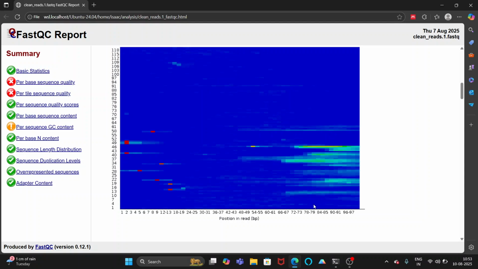At this particular range itself, between 72 to 96, you can see some errors there. So in this case, what we can do is reduce the number of reads that have these bases, because you can see that some errors are coming up in the middle of the reads, and some are coming at the end of the reads. If they are coming at the end of the reads, basically you can trim them out. But if they are coming in the middle of the reads, then we need to actually do a quality filter to remove the reads that are having a particular